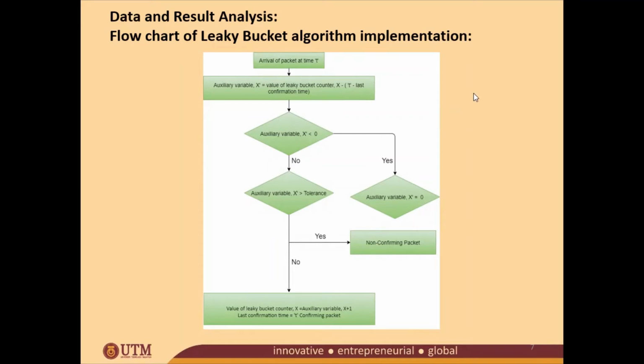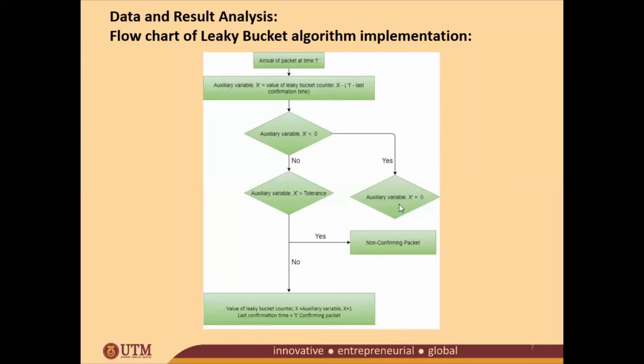Let's start with the data and result analysis. Flowchart of leaky bucket algorithm implementation. Here, arrival of the packets at time t, and then it goes to the next state, which is auxiliary variable x dash equals the value of leaky bucket counter x, which is subtracted from t last confirmation time. And then it will go to the condition check, whether the auxiliary variable x dash is less than